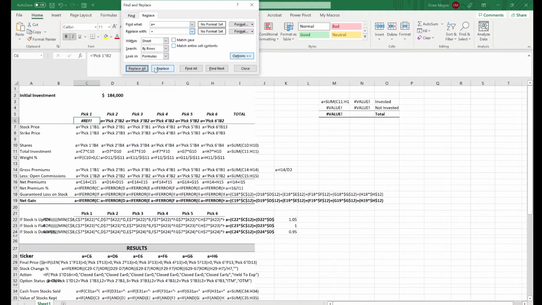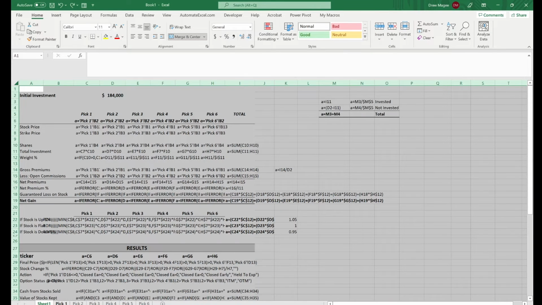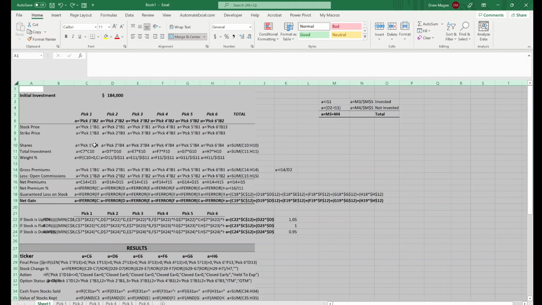Oops, let's see what happened here. The error we had there was that I didn't have these 6 tabs down here created. We want to make sure that for any of the formulas, if the formula refers to the Pick 1 tab, we have a Pick 1 tab. If we don't have that tab, then we're going to have issues like we just had. So now that I've created those tabs, we're going to come up here, highlight the entire thing again,